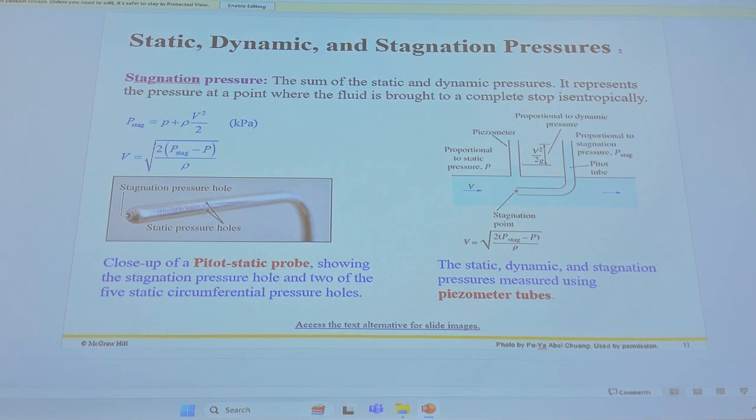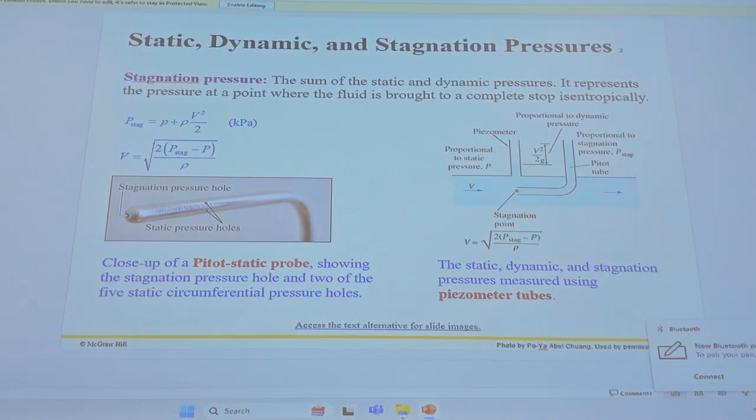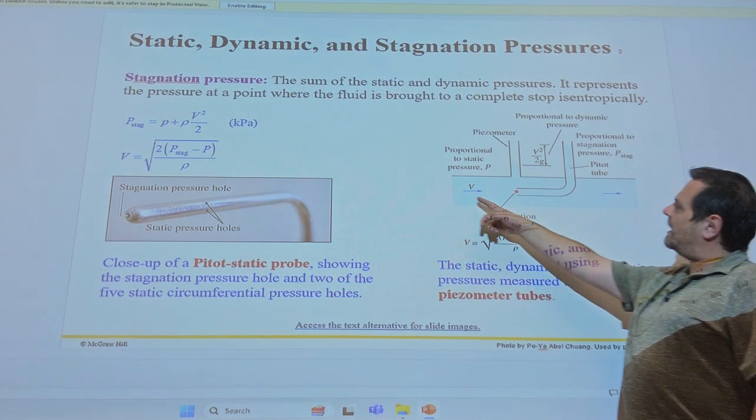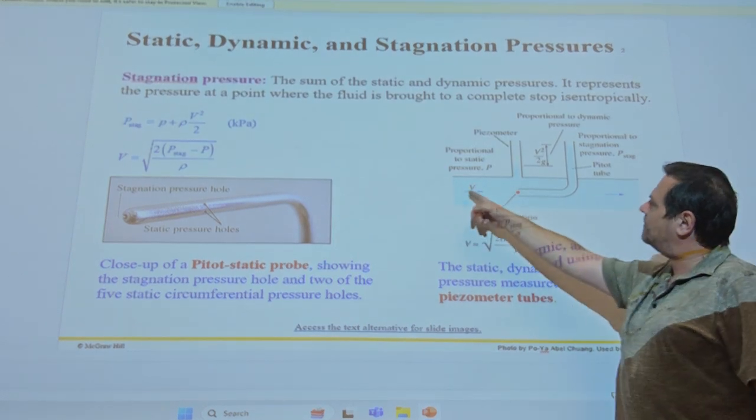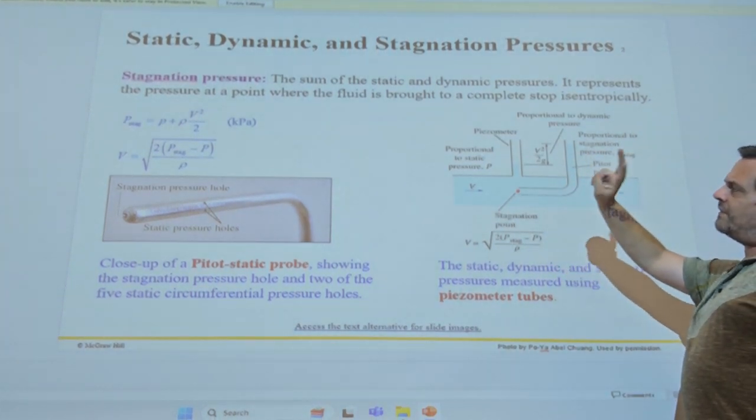Now, we'll do this and then we'll do one of the examples from the assignment. So you have here a device, well, this thing shows you two devices. So this is a flow in a pipe, okay? So you see a pipe, so you have a moving fluid. And you have two types of devices that measure the